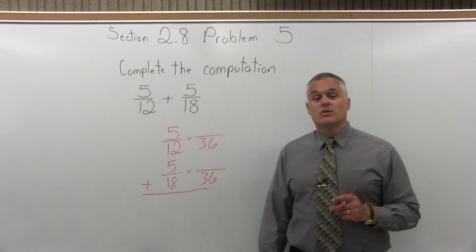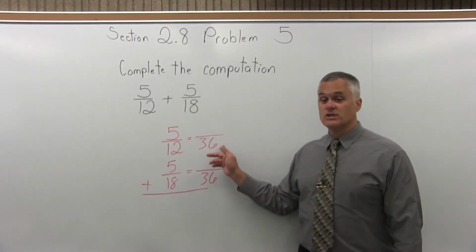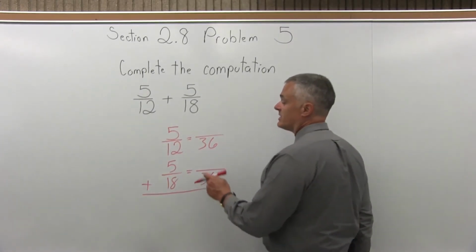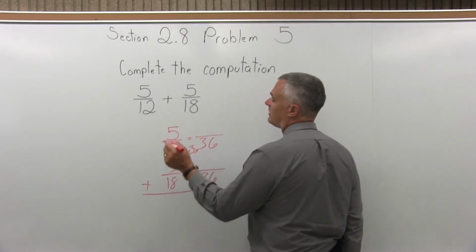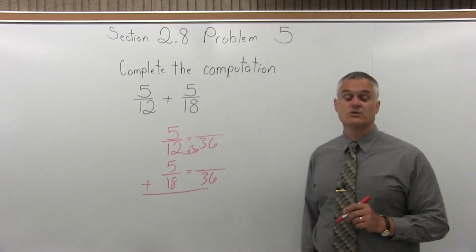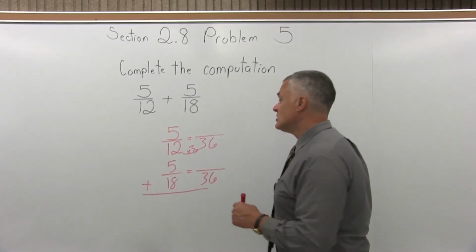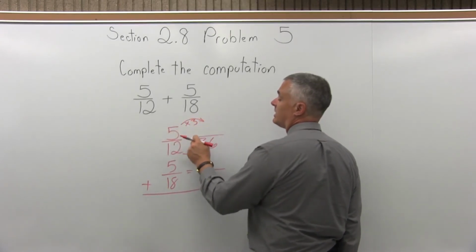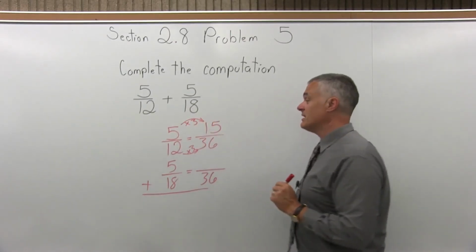So I'll set up an equivalent fraction next to each of the original fractions with a common denominator of 36. And now I have to figure out what the numerators would be. So for the top fraction of 5 over 12, ask yourself, what value times 12 turns it into a 36? Well, that value is 3. 12 times 3 is 36. So the numerator must also be multiplied times that value. So the numerator of 5 is also multiplied times 3, which gives me a result of 15 for my equivalent